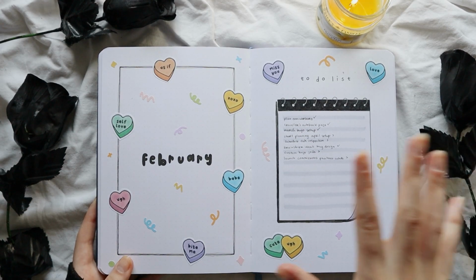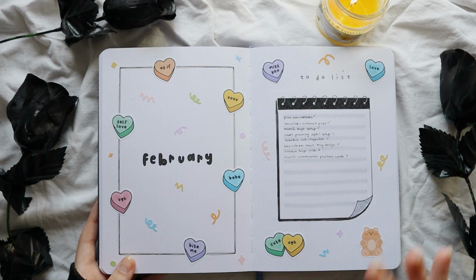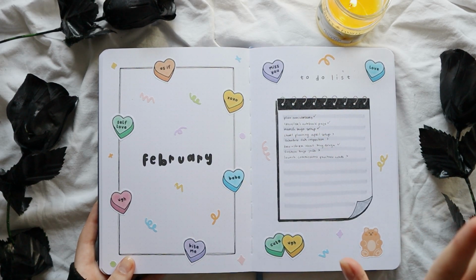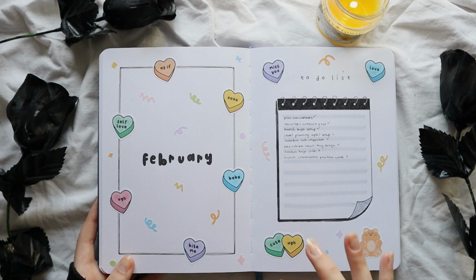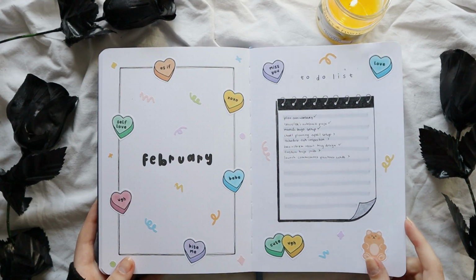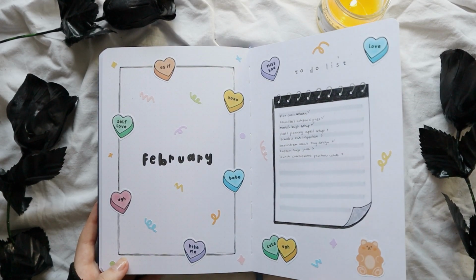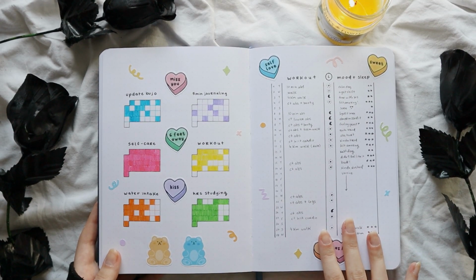But I just wanted something minimal but colorful, and I feel like this theme was the perfect middle point, because I had all of the pages that I needed to have in my bullet journal, but with lots of color. So I have my cover page, my to-do list for the month, my habit tracker, my workout tracker, and